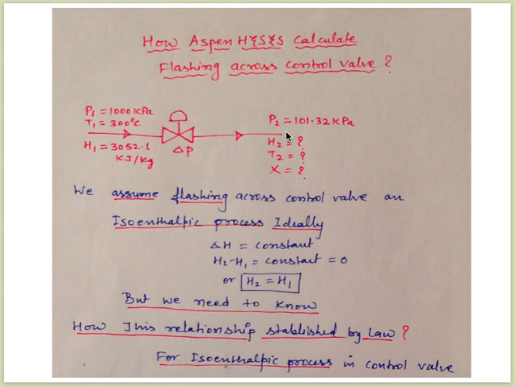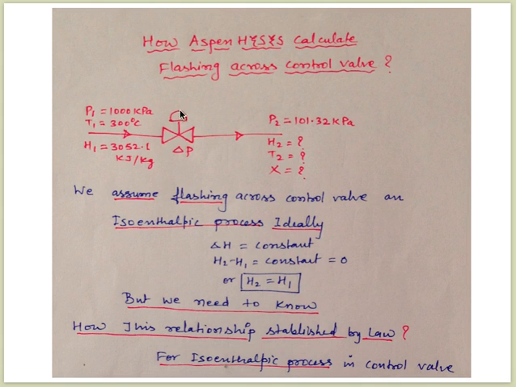So in HYSYS, once you define the component, choose the fluid package, and enter the pressure, temperature and composition values, it will quickly and directly give you the values of H2 and T2 and the quality of steam at the outlet condition. But you don't know